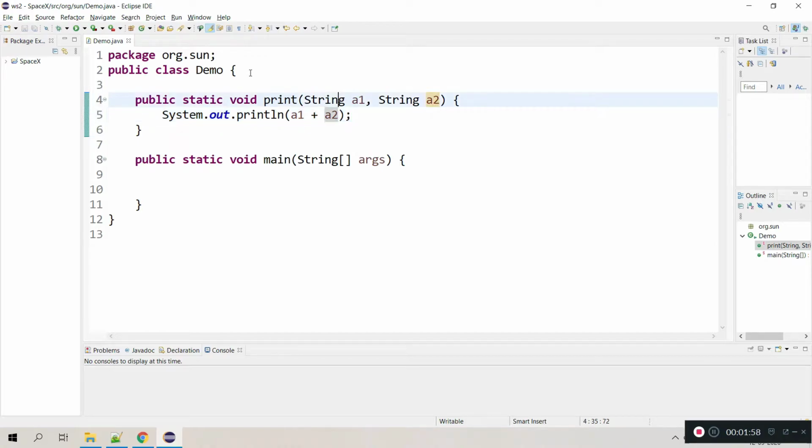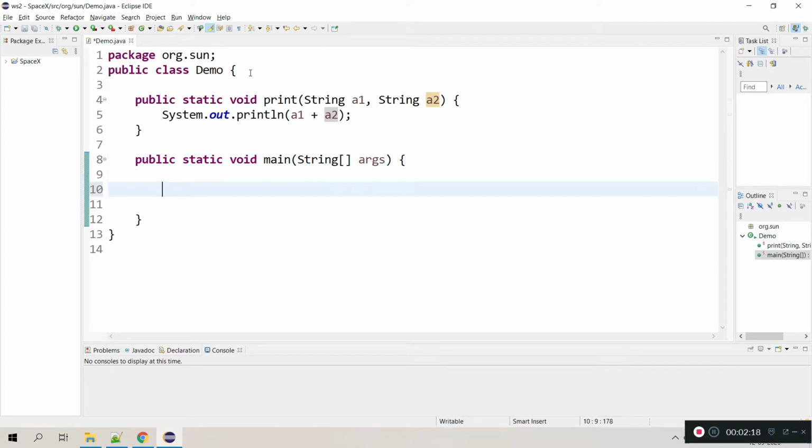This is my method. This is the method name and this is the return type. Coming to this part, this is part of the signature, and these are the method parameters. I have declared two parameters of type string, a1 and a2.